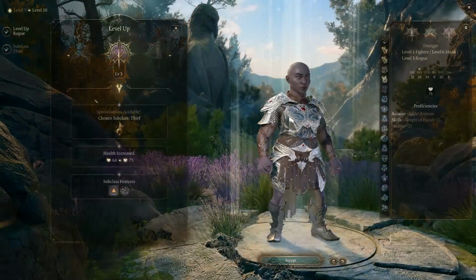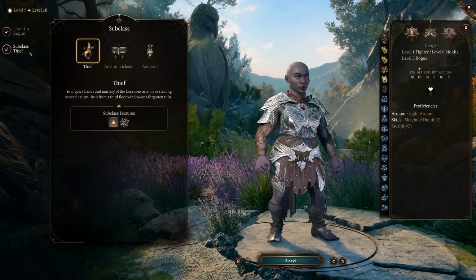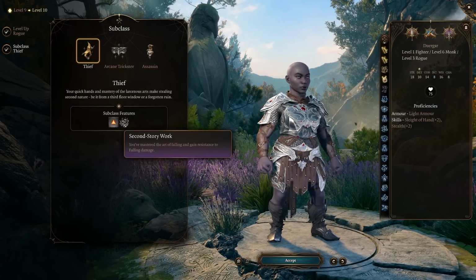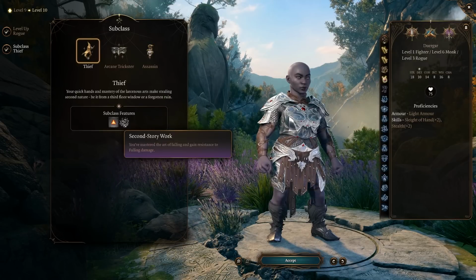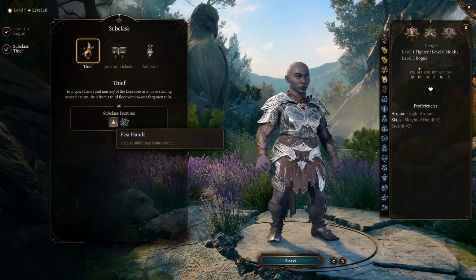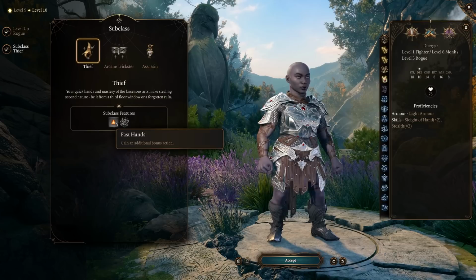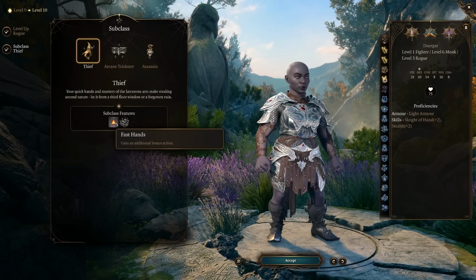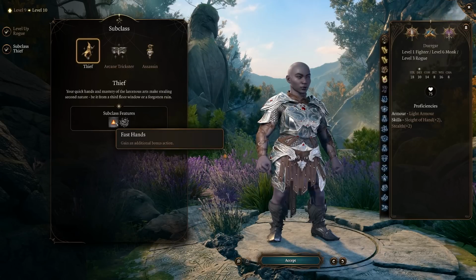Our last level of Rogue, we're going to pick up the subclass Thief, and that will give us the additional bonus action. We would also get resistance to falling damage, but we already have that as a Monk. Most importantly, we get that extra bonus action, so now we have the ability to always Flurry of Blows twice if we want to, or what I would normally do is attack twice and then Flurry of Blows, and then